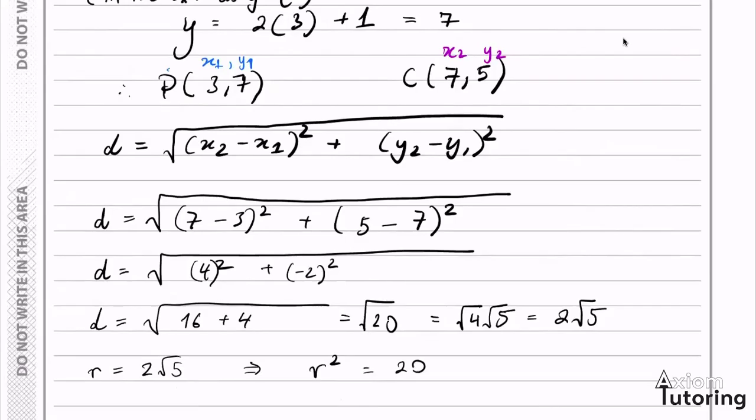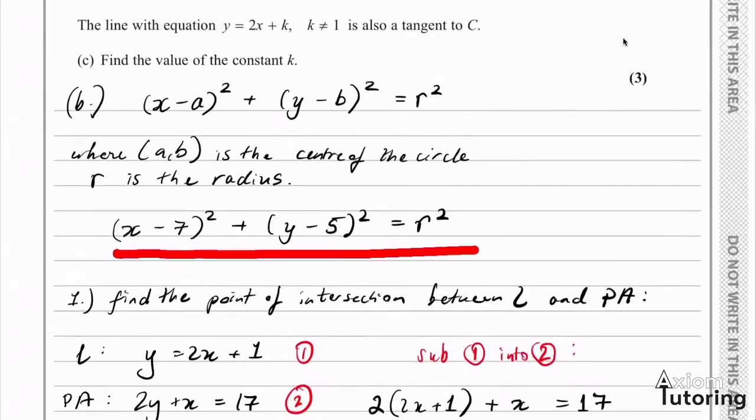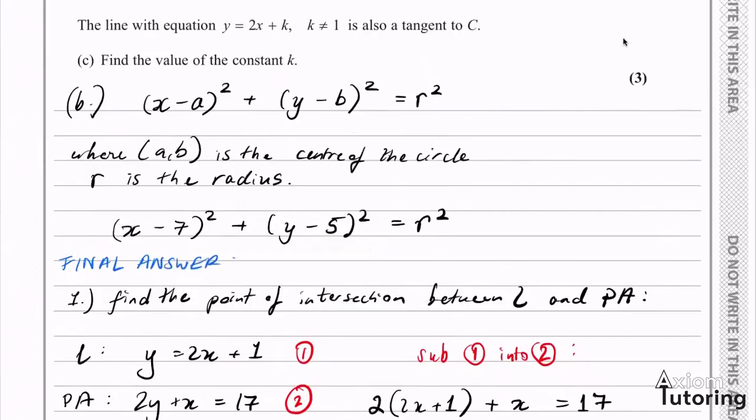And that's what we want to substitute into our equation up here. So our final answer is x minus 7 all squared plus y minus 5 all squared equals 20. And that's the equation of circle C. So we've done part